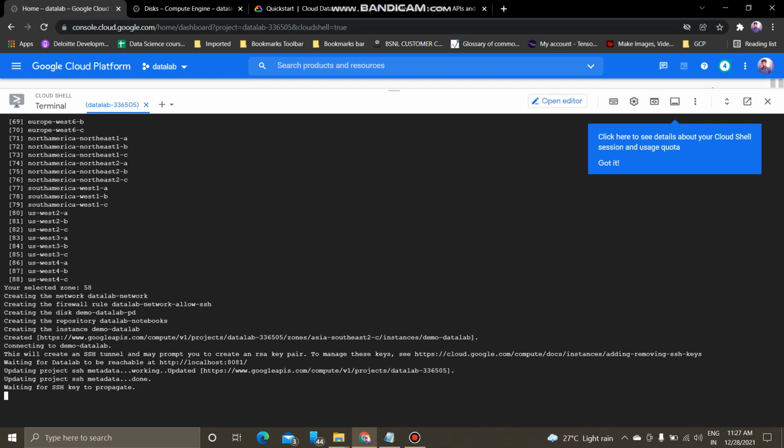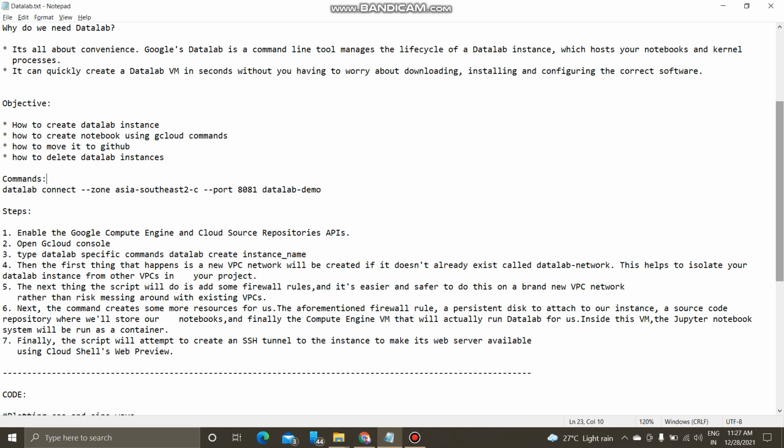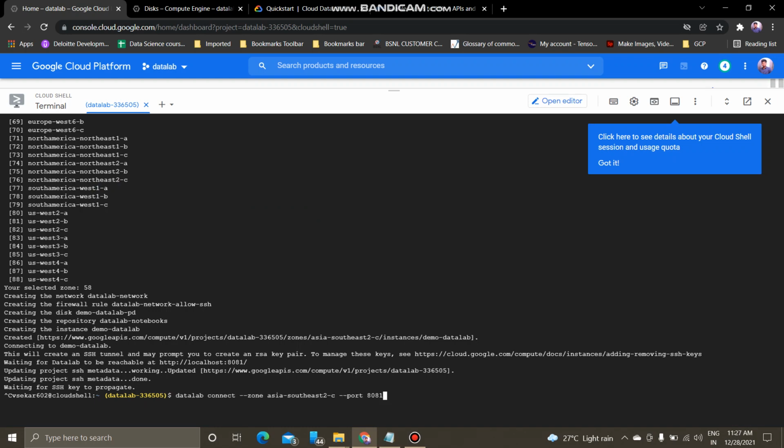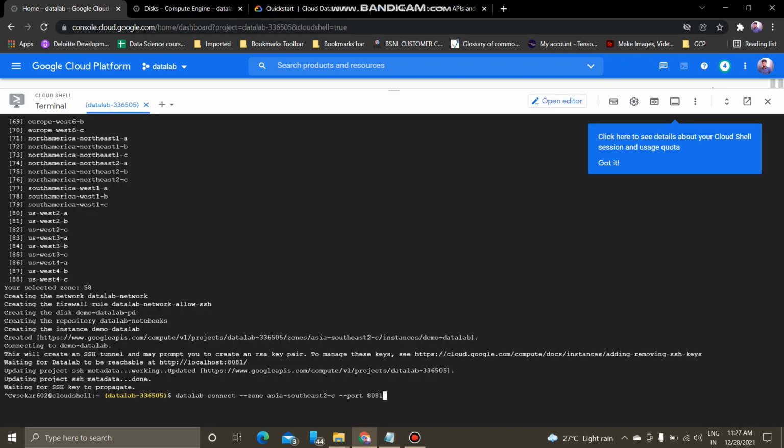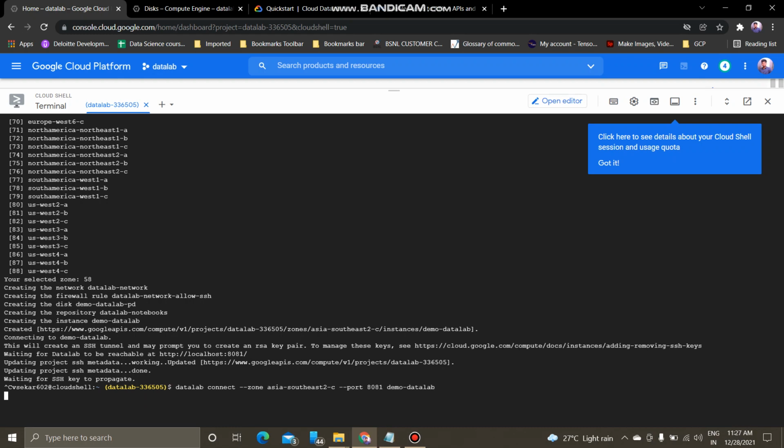Then take this command: datalab connect, port 8081, followed by your instance name. My instance name is demo-datalab. Click enter. Now it should work.